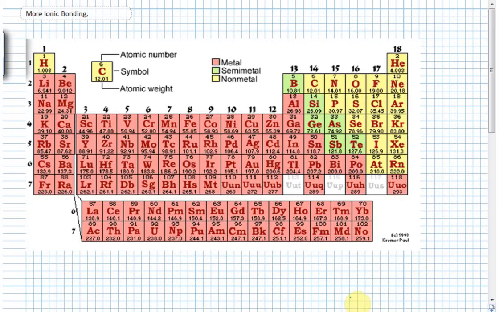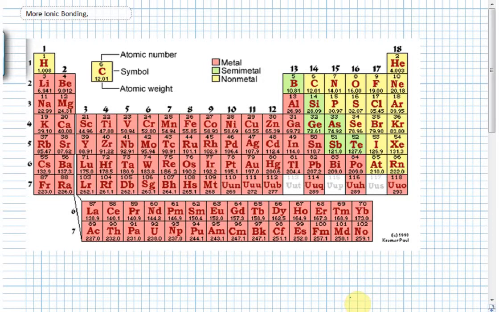And an easy way to use the periodic table is to say, if I'm thinking about ionic compounds, I want compounds with elements that are as far apart from each other as possible. Because elements that are far apart are going to have the most extreme differences in properties. So for example, when we were looking at electron transfer, it should make sense that we're looking for extremes in properties. The property that we're looking at is the ability to lose electrons and the ability to gain